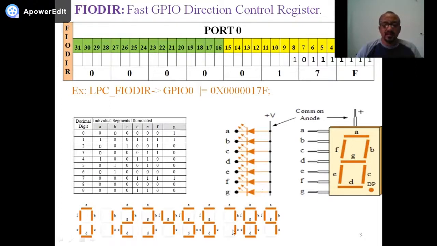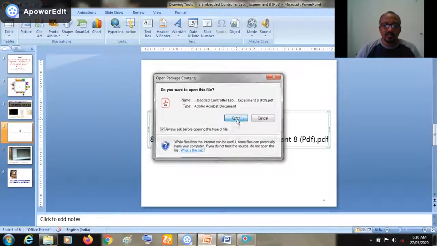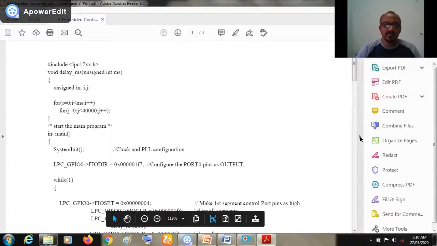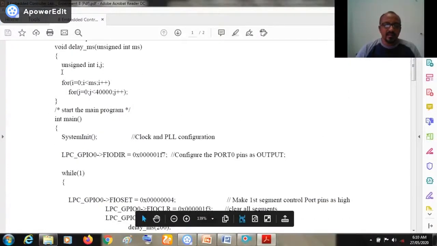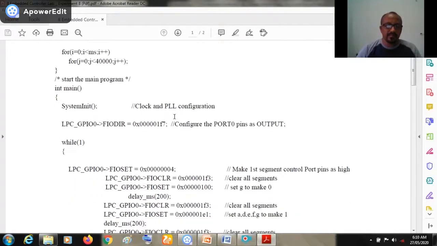Like this, for different characters or digits and alphabets, we have to set different LEDs to glow and some LEDs we have to switch off. Let's see the logic. The code is written in C, and we write a delay by using a for loop to keep the time gap between the two transitions of display.